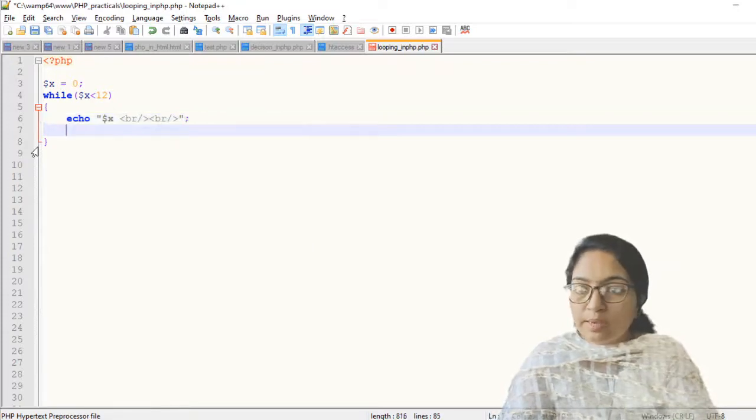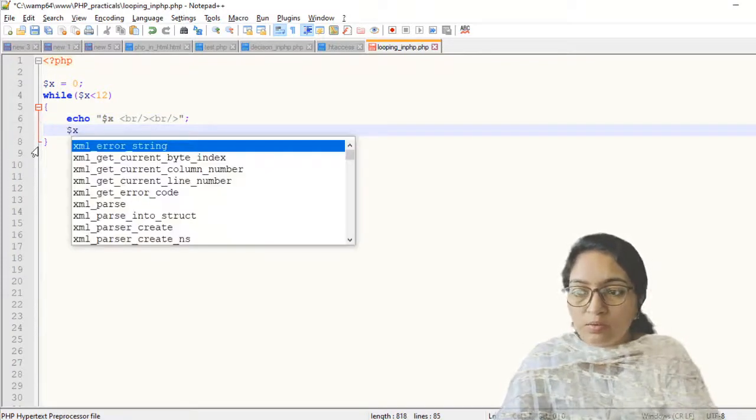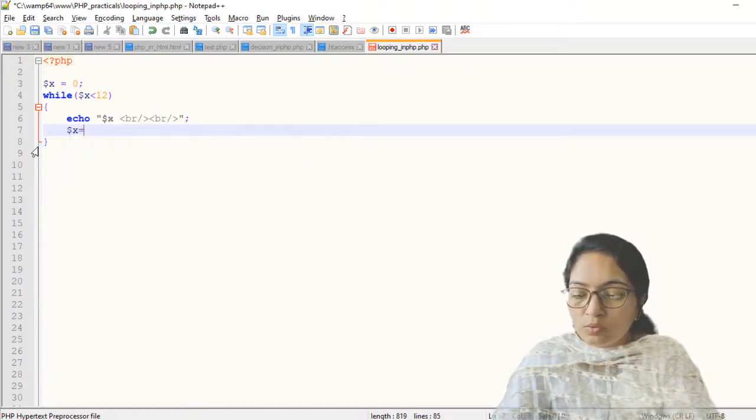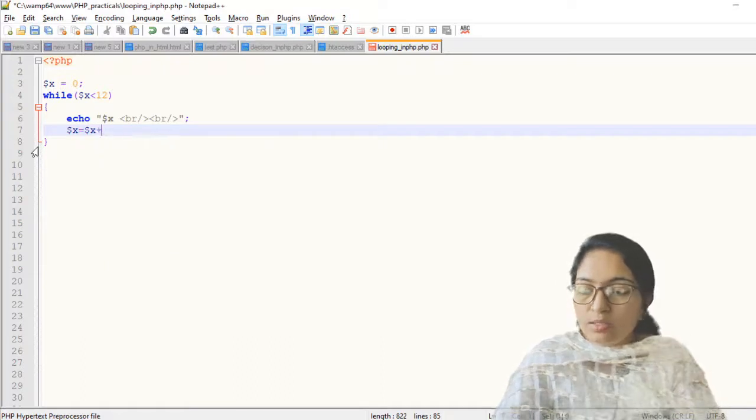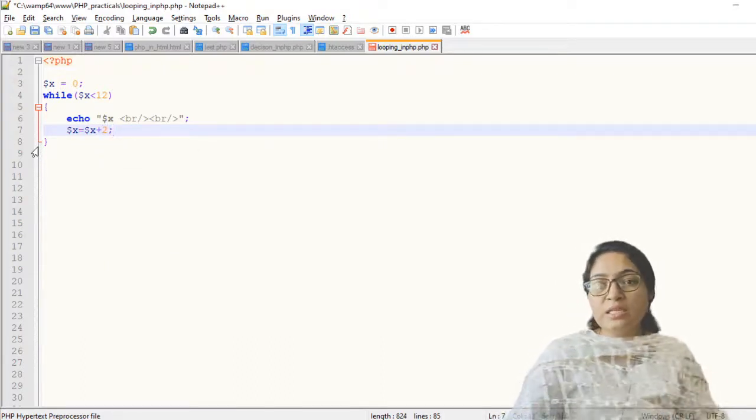Do the semicolon and give the increment value of $x = $x + 2. We are changing it in the same file.